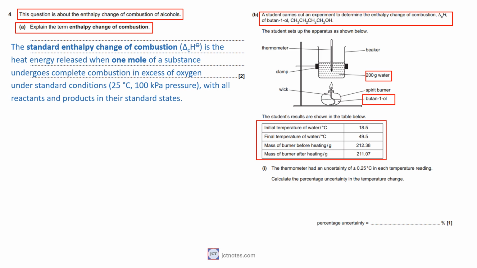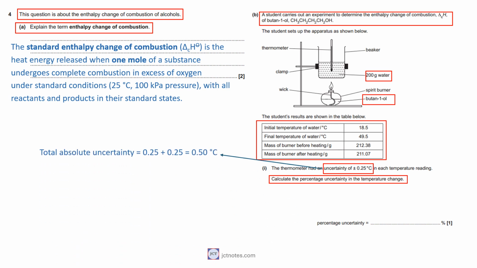In Part B, we have 3 questions. In the first question, we have the statement that the thermometer had an uncertainty of plus or minus 0.25 degrees Celsius in each temperature reading, and we are asked to calculate the percentage uncertainty in the temperature change. Each temperature reading has an uncertainty of plus or minus 0.25 degrees Celsius. Since there are 2 readings, initial and final, the total absolute uncertainty is 2 times 0.25, that is 0.50 degrees